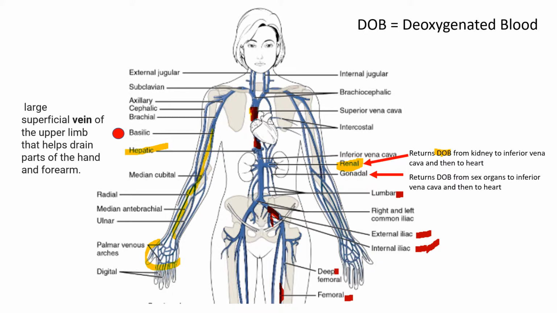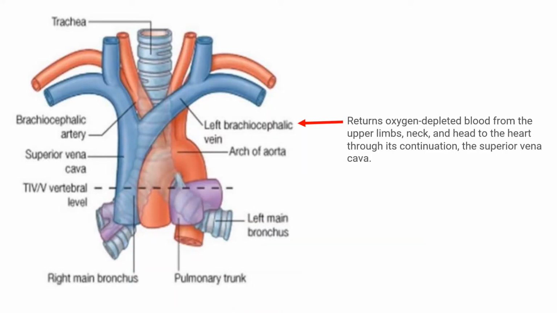Of course, you have the subclavian vein. It's a vein that goes underneath the clavicle, subclavian. But we also have the subclavian artery. So those are just some examples. All right. The brachiocephalic vein returns